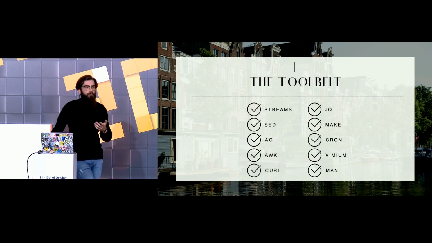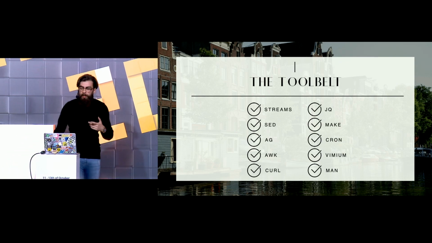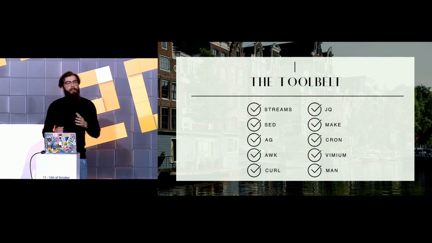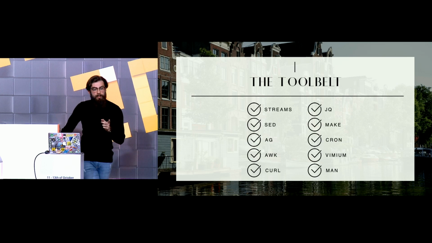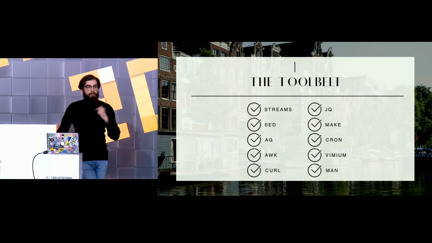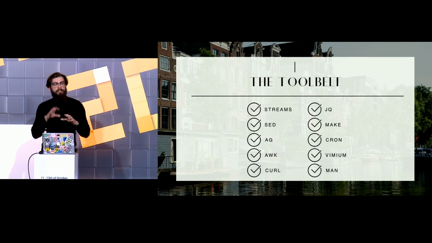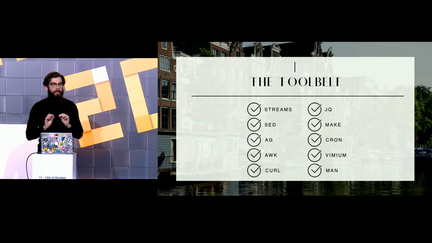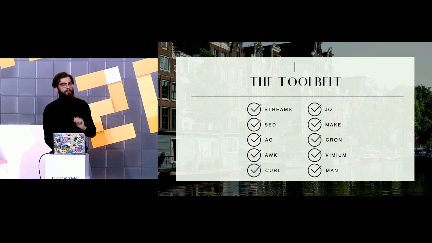There's also curl, which is so useful. Curl allows you to do requests. Curl goes very well with JQ, which is a tool that lets you manage JSON output. When I'm testing an API, I can do a request with curl, pipe the output into JQ, extract the pieces of JSON I need to see if things have gone wrong or right, and then pipe it into a file. Very practical, very easy, very nice.